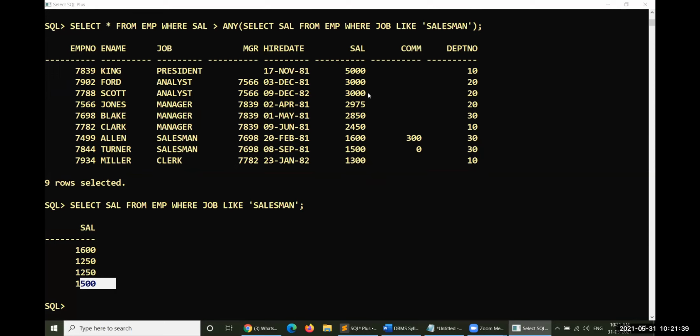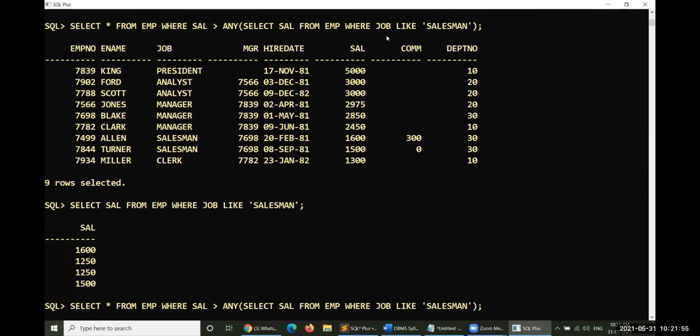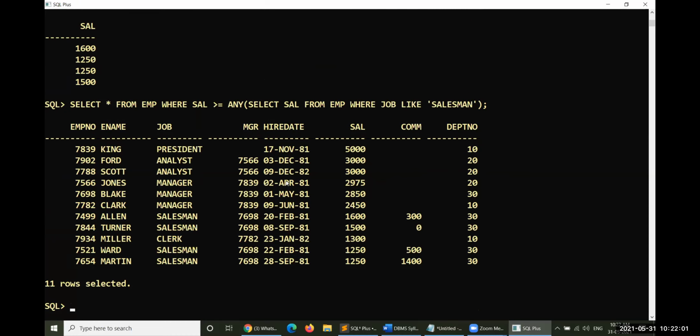The minimum salary of a salesman is 1250. The people getting more than 1250 will be displayed. You can see this one here. If you put or equal to, obviously those two people also get included, the 1250 ones, because we have taken equal.